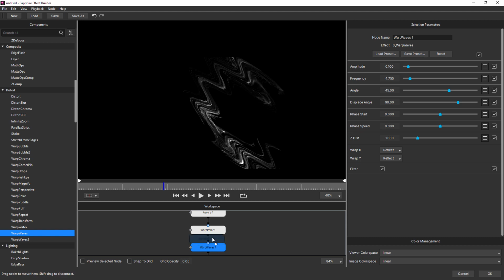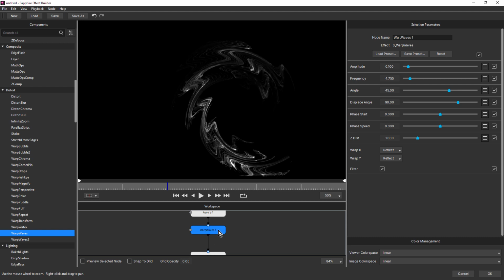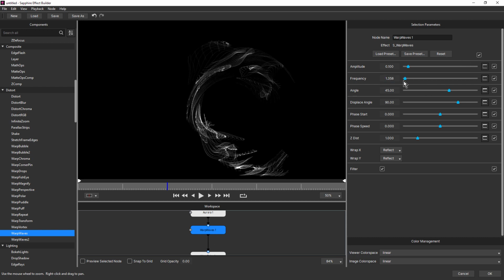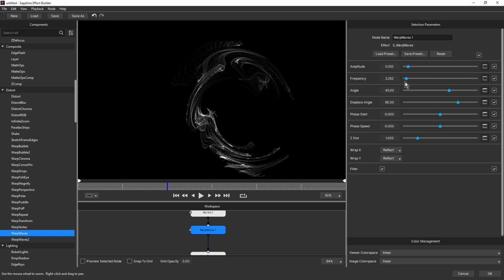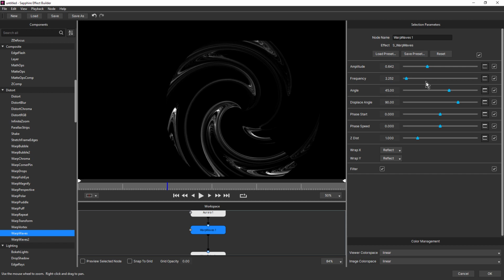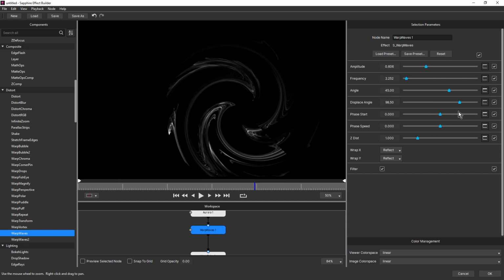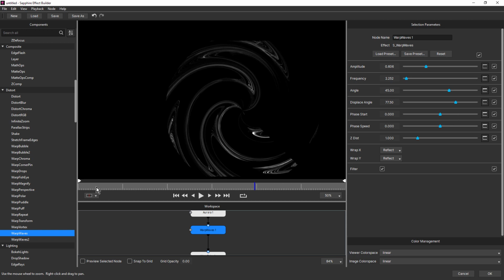What about if we put warp waves below Aurora? And we can get a bit of a bend in that. It's quite nice.